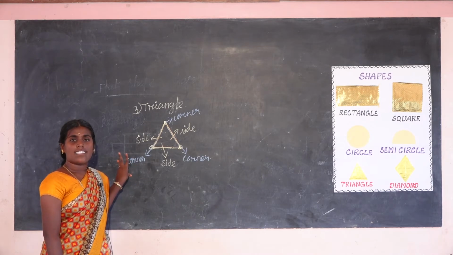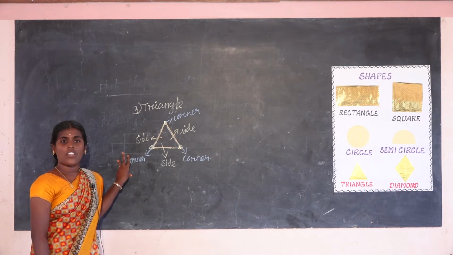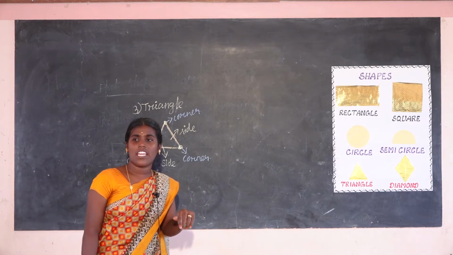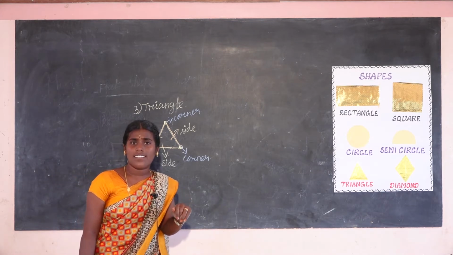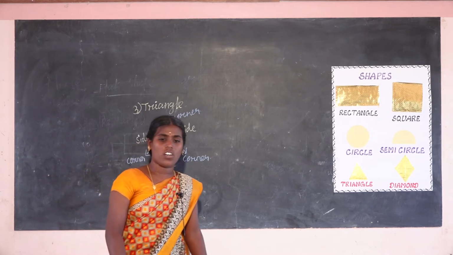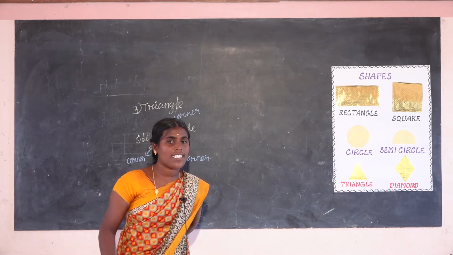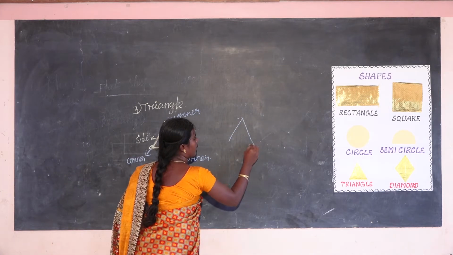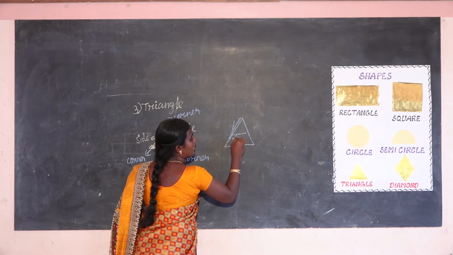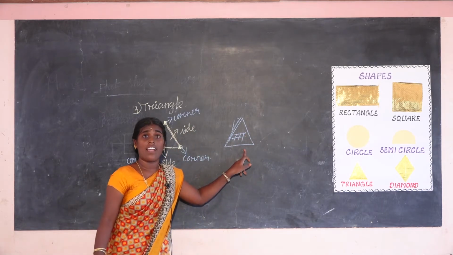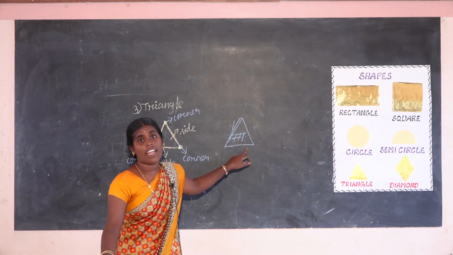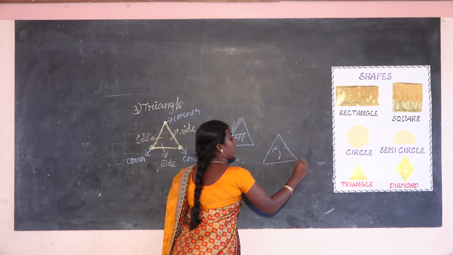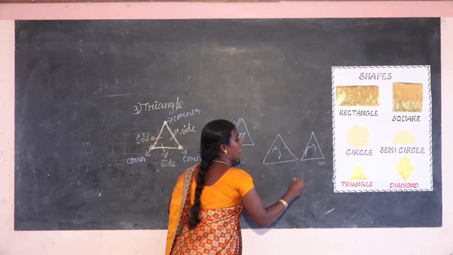Anyone? Yes. The triangle shape is everywhere. When you cross the road, there is a traffic sign on the corner. Anyone, you see the road, the traffic sign? Here, where you cross the road, there is a zebra crossing. The traffic sign is drawn like this only. You draw it here. Zebra crossing is there. Then any turn, you turn left and right also. That is also on the traffic board. Turn left, then turn right, go straight.